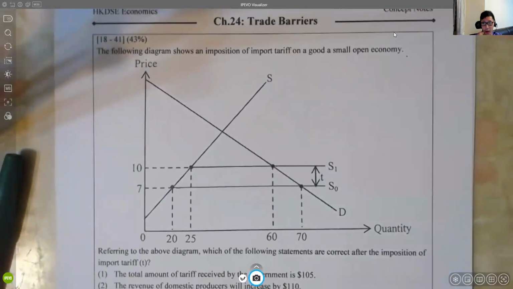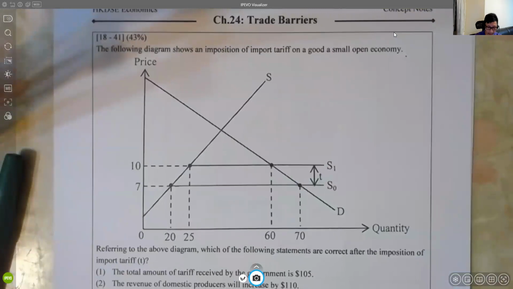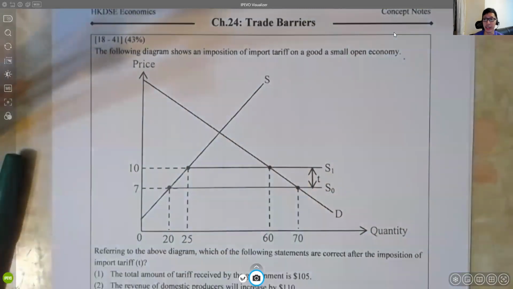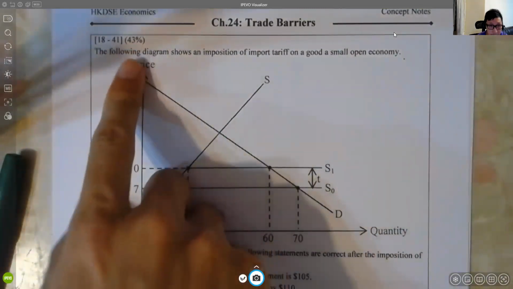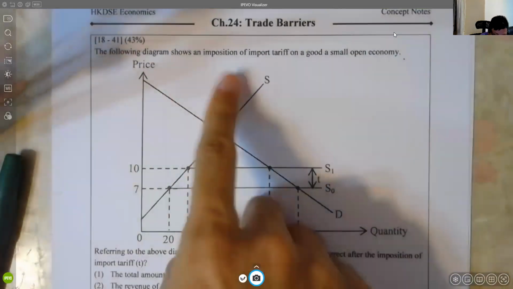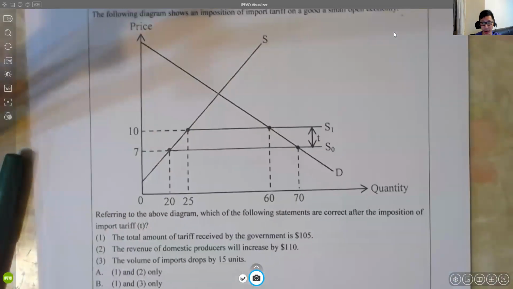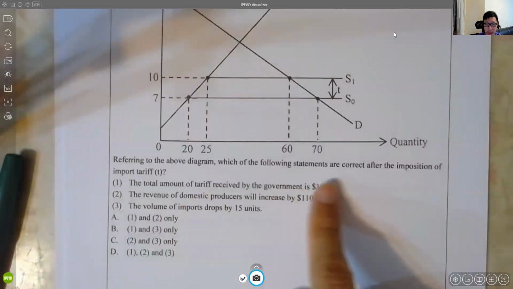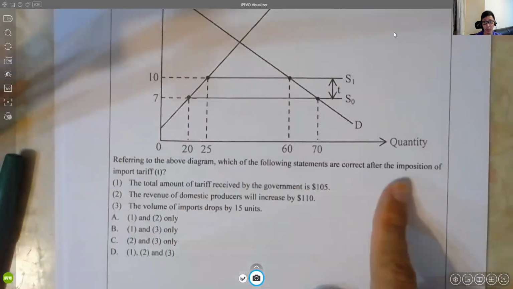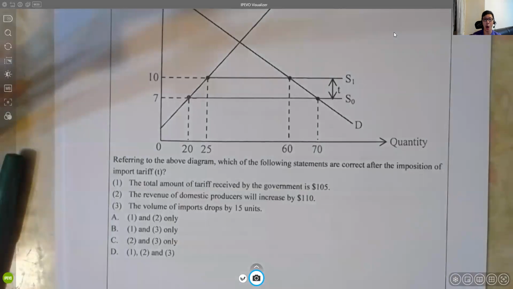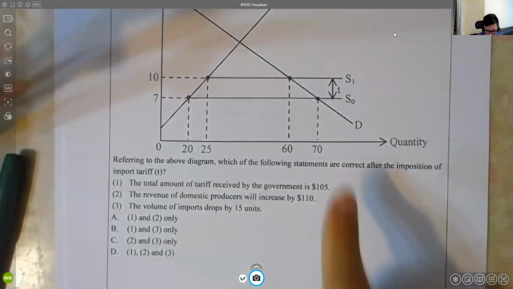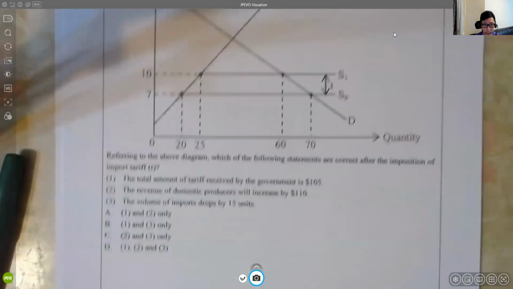Now then let us go to page 7, page 7 of your notes. Now, 2018 question 41. This time a little bit harder. Now, imposition of an import tariff. Now which of the following are correct after the imposition of import tariff? Supply now goes to S1. So what happens is that first,